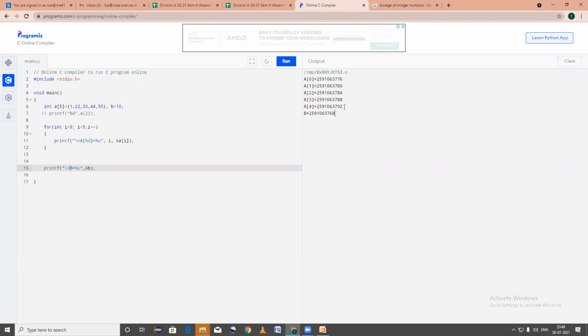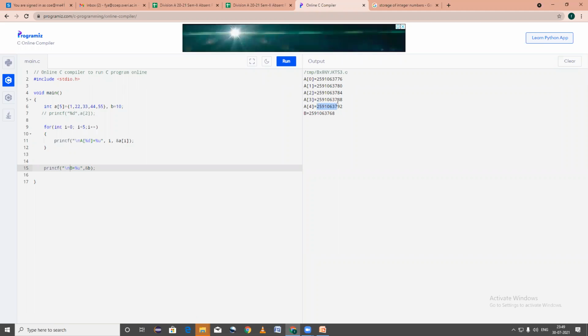Now check. You will find all 5 values are in sequence. If you check the first 8 digits, 76 plus 4 is 80, plus 4 is 84, plus 4 is 88, plus 4 is 92, and this b is stored somewhere at 68.